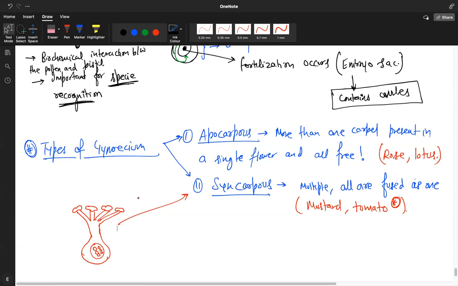Okay, so let's stop here at types of gynoecium. And in the next class, I'll come to fruit and seed. Oh, one more thing. I will also tell you about fertilization and placentation in plants. Double fertilization is something that comes in class 12th, but I think if you allow me, I can just explain